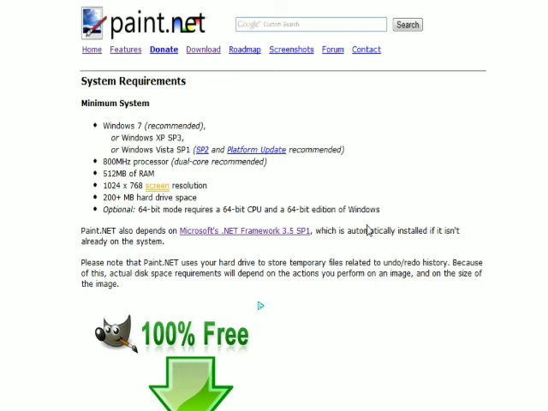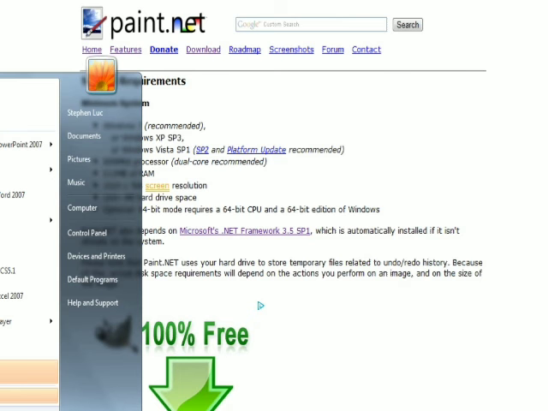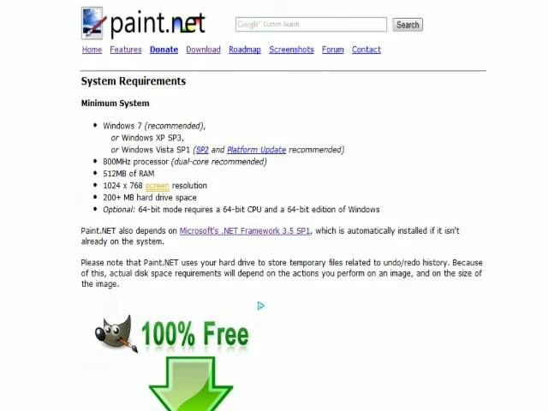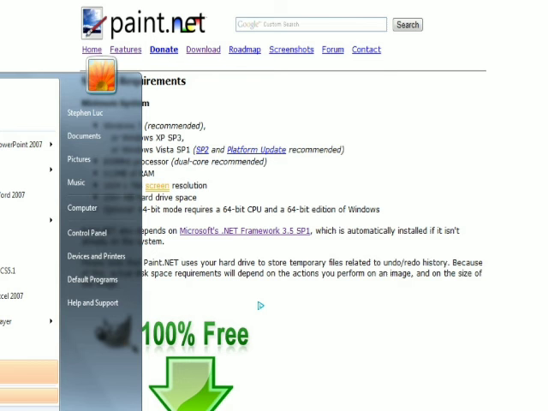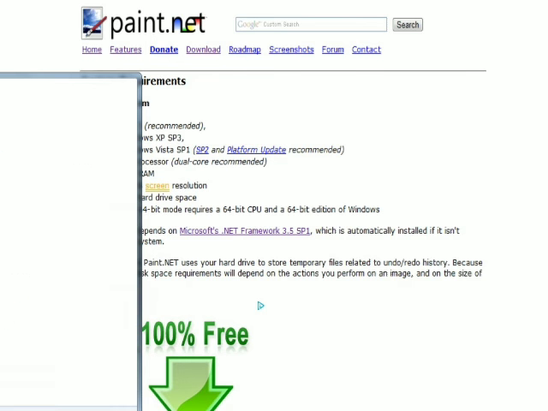Once you're done with that, and let's say that you've had success on the installation, now it's time to open Paint.net. To access it, you can either find the icon on your desktop, or you can click on the start button here and then click in the search area and type Paint. If you successfully installed it, then you'll see Paint.net right here. And when you click on that,